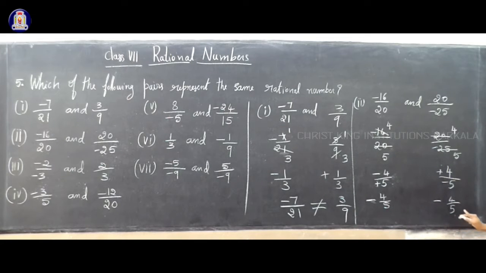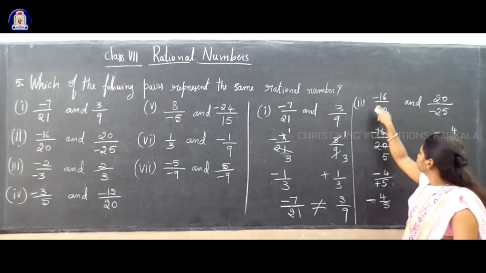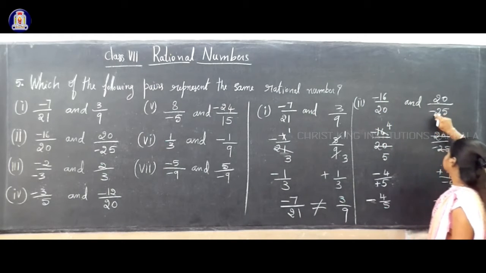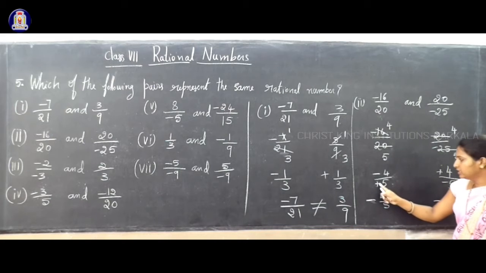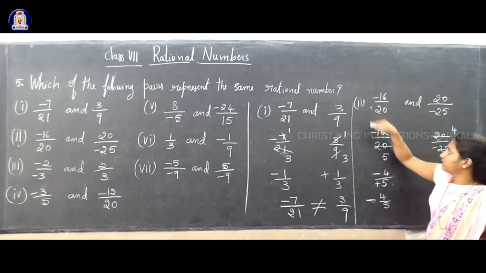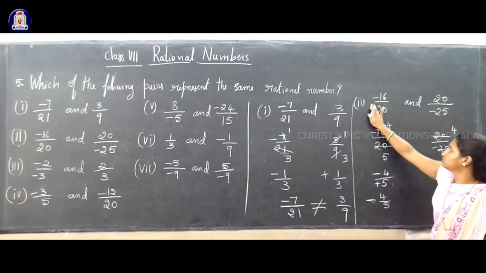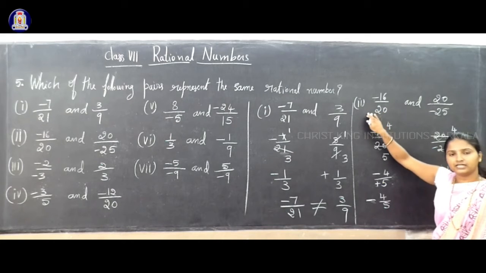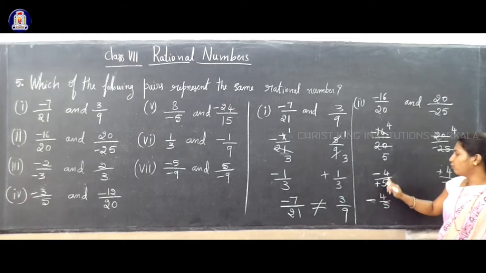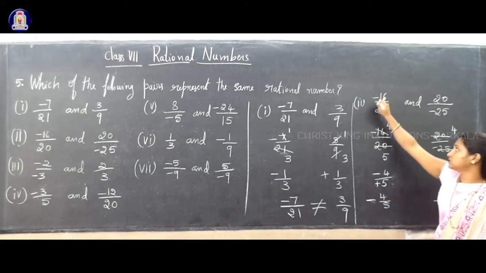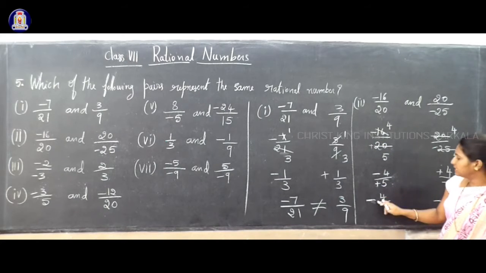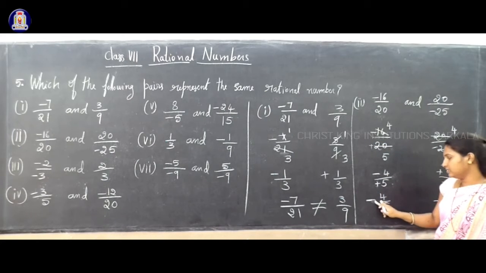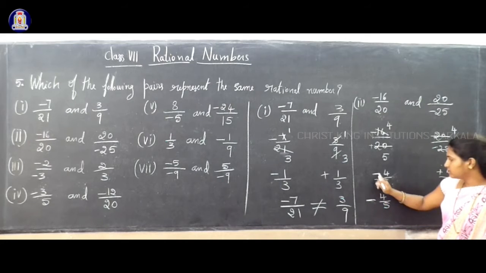See in the question, suppose the sign is given like this, minus in the numerator and in the next term minus in the denominator, what do you have to do? You have to simplify it. Simplification means to apply the rule. See, in the denominator the sign is not given, so you have to consider the sign is plus. So minus 4 plus 5, minus 16 plus 20 continues. Here your sign is plus. So plus minus minus. Is it correct? Yes, plus minus minus.